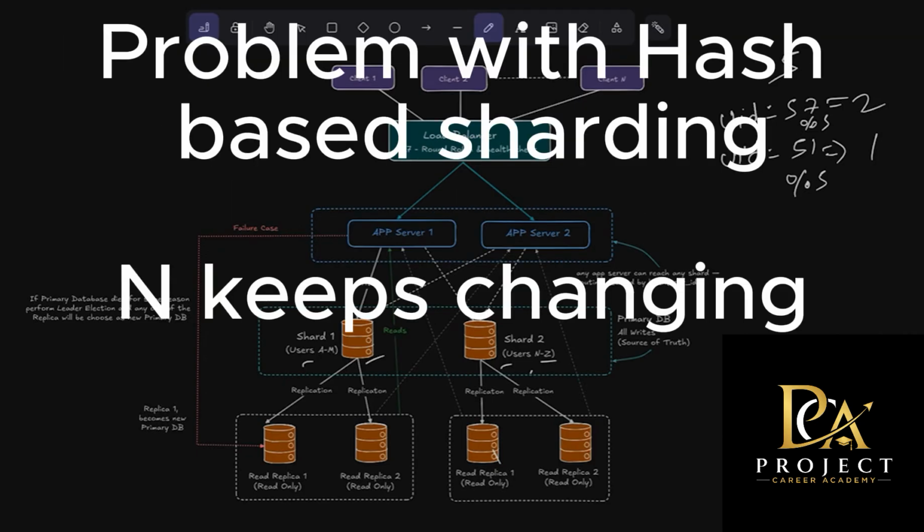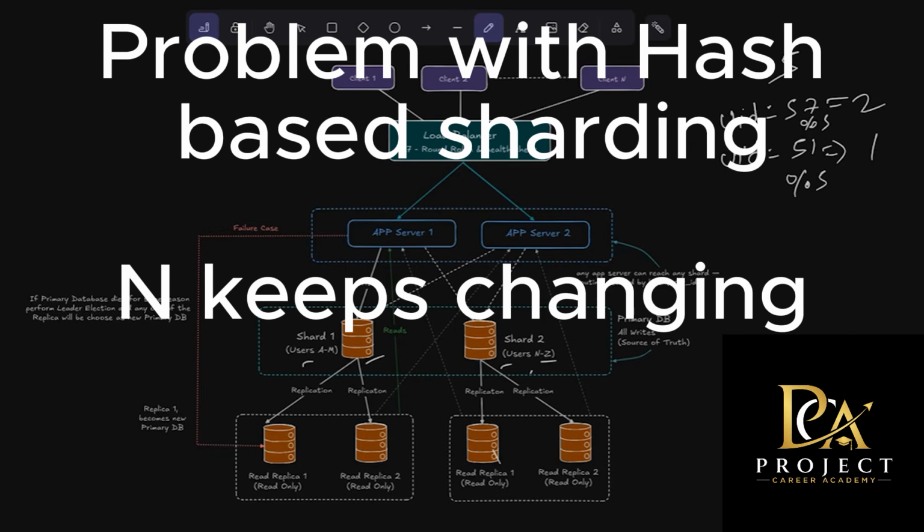The problem with this traditional hashing that we discussed is that hash-based sharding works well at the initial level, but when servers are added or removed, our number of shards changes, so the formula that we were using changes. The entire hashing calculation changes, and suddenly a large percentage of the records must move to different servers. And this is very expensive and very disruptive. You will have to move the data across all the shards.